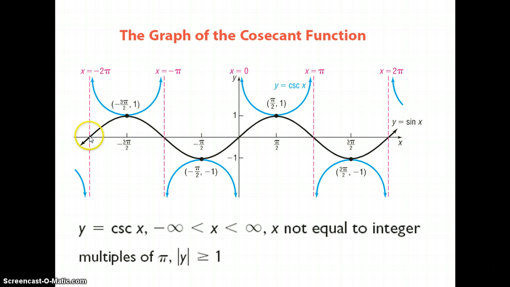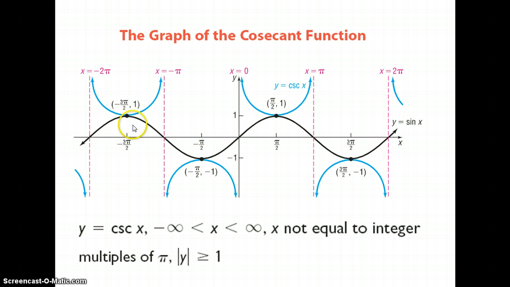Okay? So the sine function is what you're going to graph first. I want you to understand that the cosecant function is not the one in black right here. Okay? The cosecant function is... they only draw the sine function, which is what you should do as well. So if you're graphing the cosecant of x, you first graph the sine of x, and notice the cosecant and